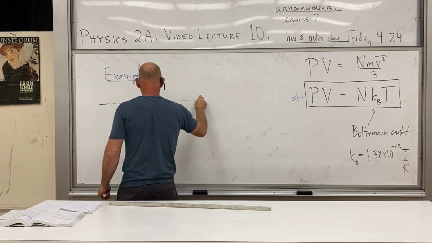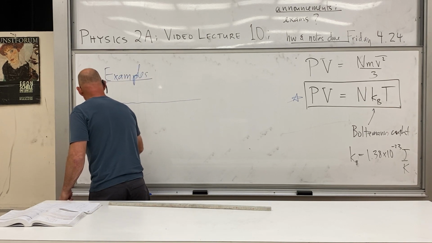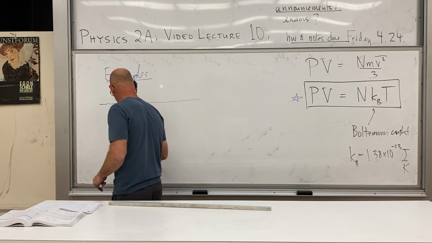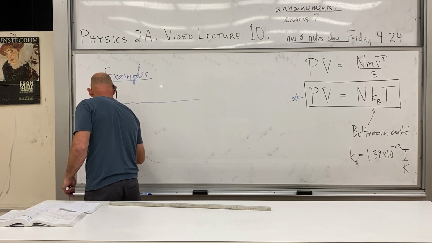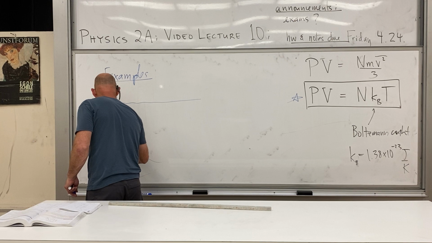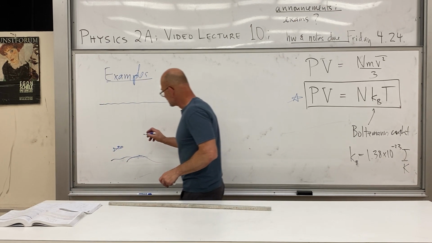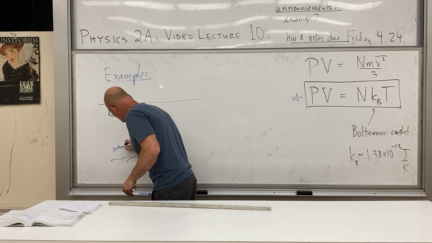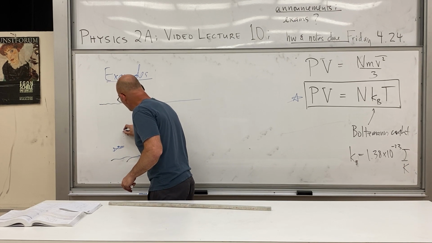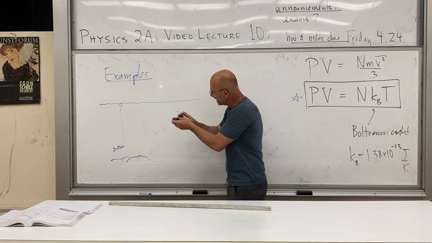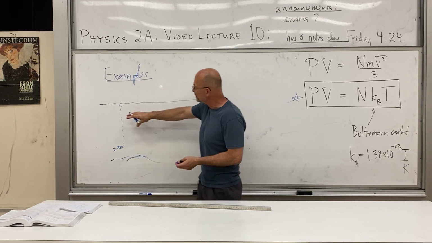Imagine this is the water. We had something like that on our exam. You've got a fish swimming down here, and there's a little bubble released, and as it goes up and breaks the surface, it has increased its volume because the pressure has decreased,